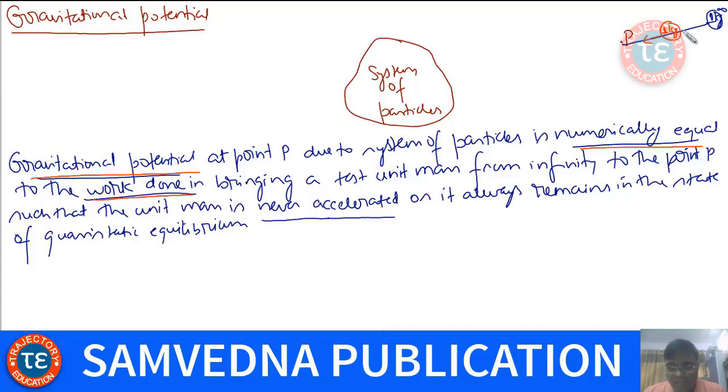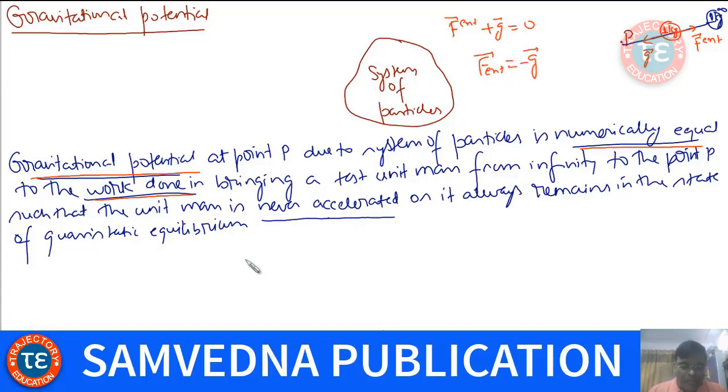The force acting on 1 kg mass is called gravitational field, this is your gravitational field G. So in order to keep it in quasi-static equilibrium, you must apply an external force such that F external plus G is 0, or